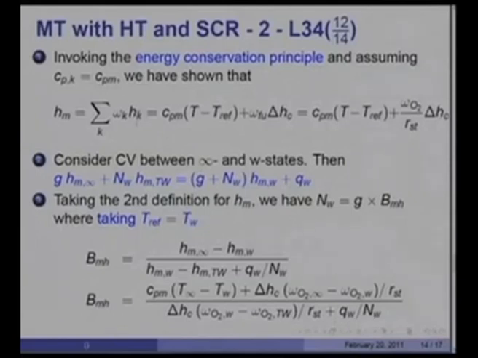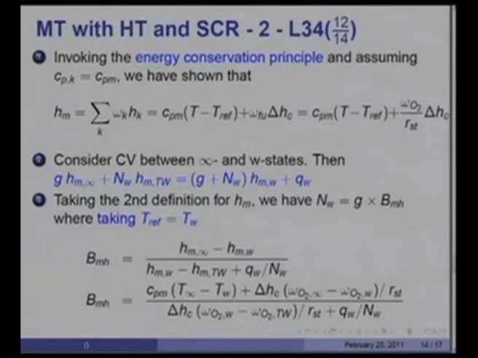Now, of course, you can imagine, supposing I was burning a liquid fuel, it would have no oxygen, and therefore that would be 0. If the liquid was at its boiling point, then no oxygen can survive there, and therefore that would be 0, and I would get simply Cpm (T infinity minus Tw) del Hc omega O2 at infinity divided by Rst, and for a liquid droplet burning in air,